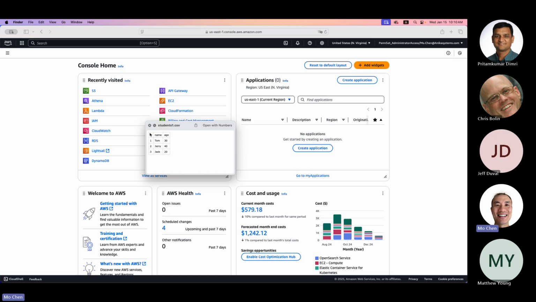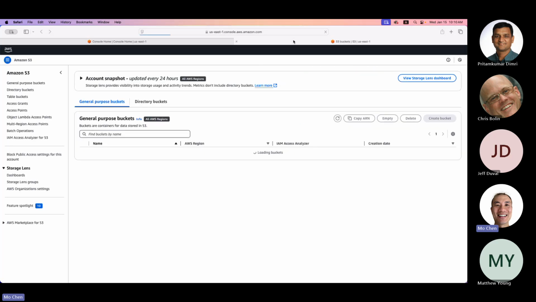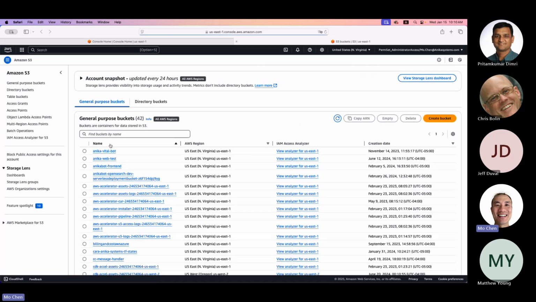We have the ID, name, and age here, and this is student1.csv. I have multiple files containing different students' names and their ages, and we are going to upload these files to the S3 bucket to simulate what our UiPath process does with the content extraction, assuming that the information comes from